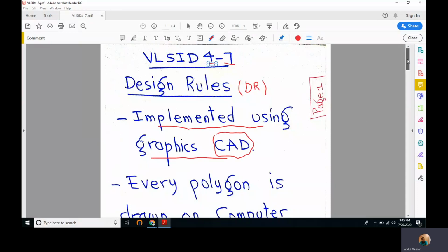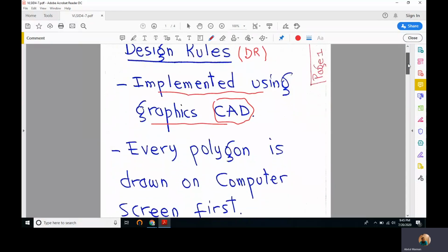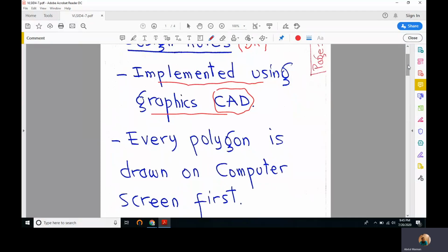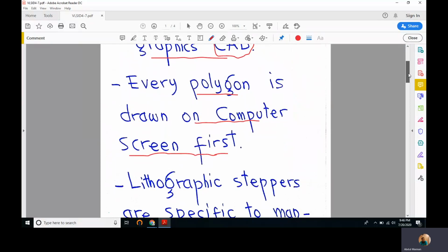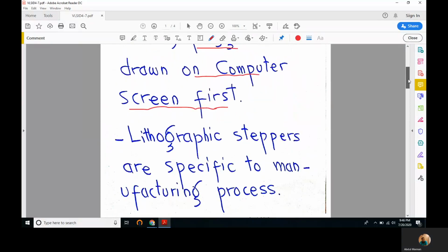This means every polygon corresponding to any of the items I have just spoken about is drawn on the computer screen first, and then the design is transferred physically onto silicon at the micrometer level.